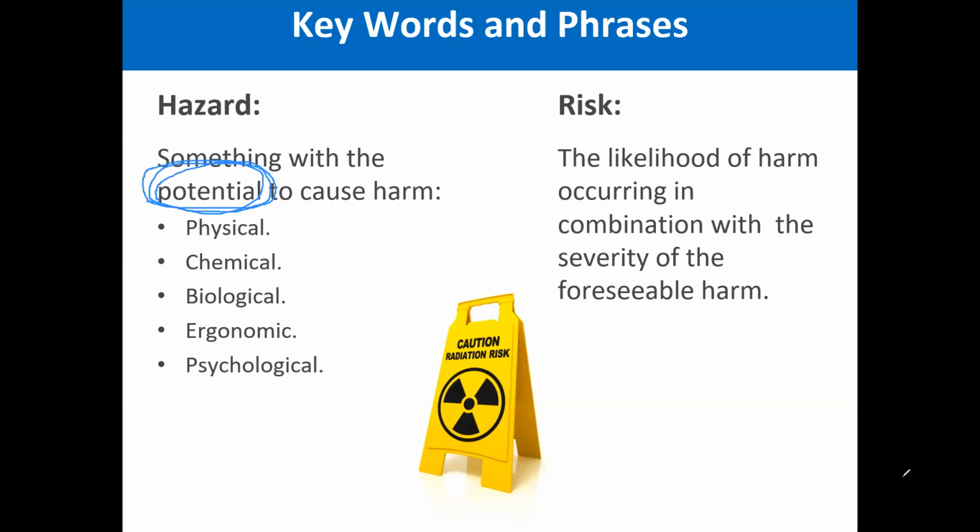For example, sharp objects which are placed near you. Working at height is a hazard because if you fall from height, you can get injured. A knife which you are using in the kitchen can cause you harm, so that is also a hazard. And these hazards can exist in various forms. They could be physical health hazards, chemical, biological, ergonomic,